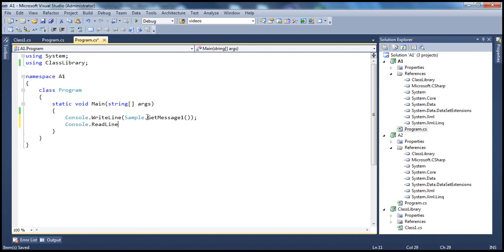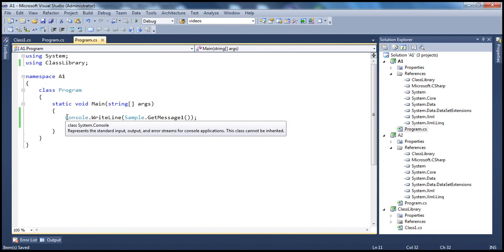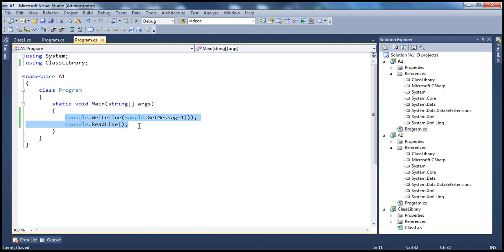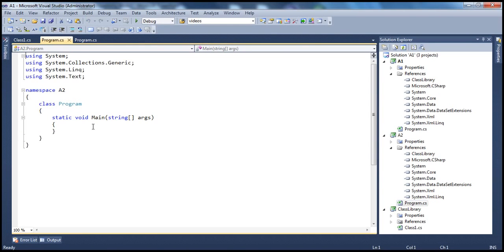And Console.ReadLine. So let's basically do the same thing even in A2 application. So if I come to A2 application in Program.cs,